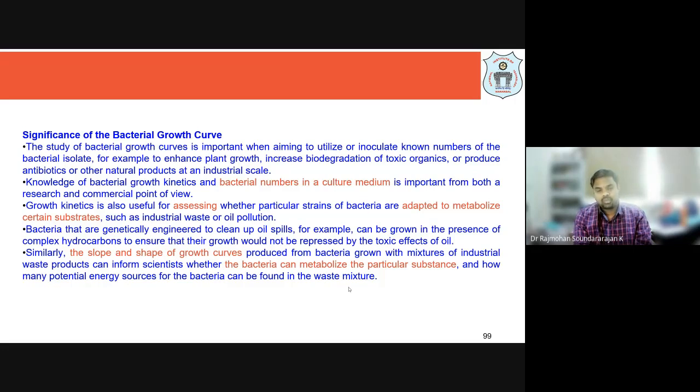We want to form the product at the fastest rate, not wait for one month to get a product, right? So we have to match the demand-supply curve. Based on the market demand, we have to get our supply done. Otherwise, the customer will shift from your product to another product. Nobody waits to eat your own food. Once food is not available, we go for alternative food. For a particular brand, we don't wait for it, right?